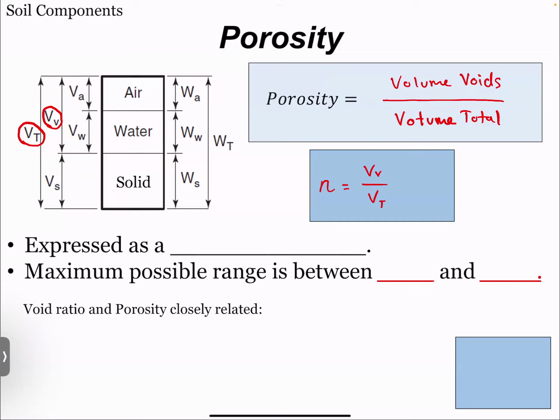But with this one, because we're dividing by something that the numerator is a part of, the volume of voids can never be greater than the total volume, right? So for this one, we express it as a percentage. We show it in percentage form to help us remember the equation a little more easily. So it's expressed as a percentage,